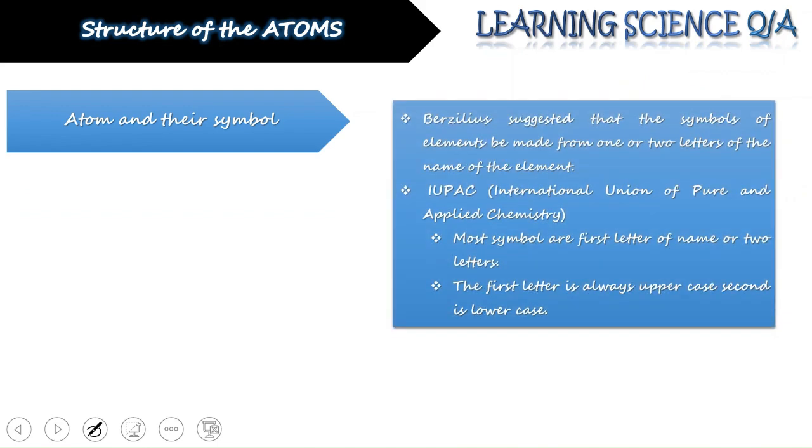After looking at a few questions based on the law of definite proportion, we'll begin with atoms and their symbols. Earlier, different kinds of symbols were tried and tested for elements, but they were not that acceptable. They were not that successful. At that time, Berzelius suggested that the symbol of an element can be made from one or two letters of the name of the element. And at this time only the IUPAC naming system came into existence, which is the International Union of Pure and Applied Chemistry, according to which